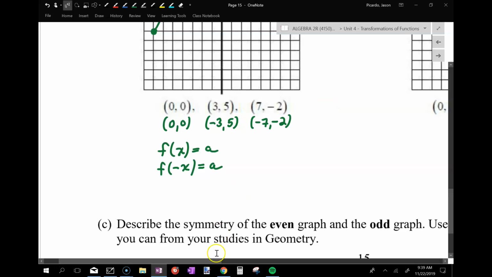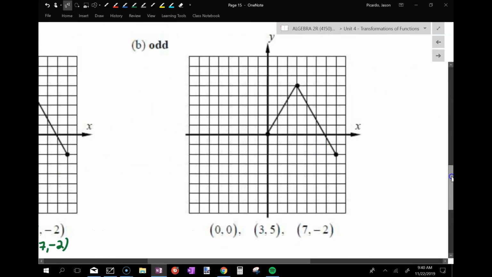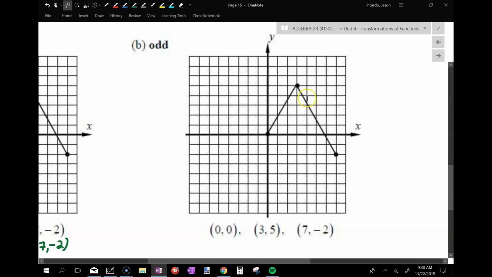All right, let's go over here. This one's a little bit more difficult to do. I have to create a function where it looks the same upside down as it does right side up. And I said that it's a reflection through the origin. What does a reflection through the origin look like? Well, if there's a point here and I reflected it through the origin,